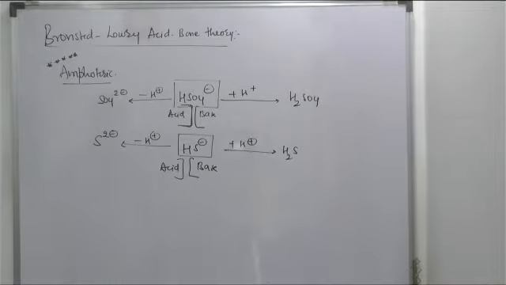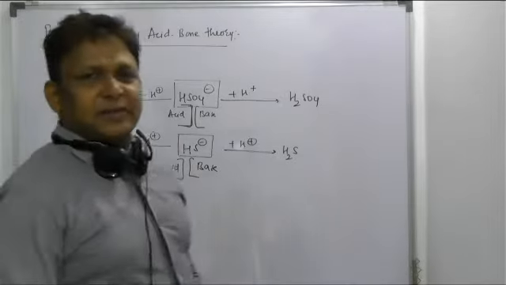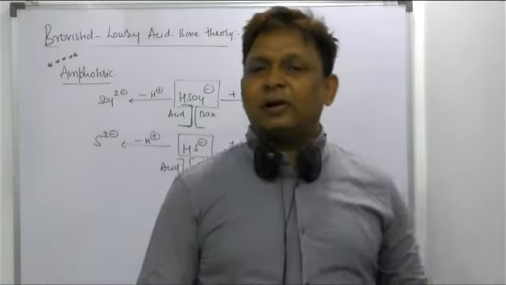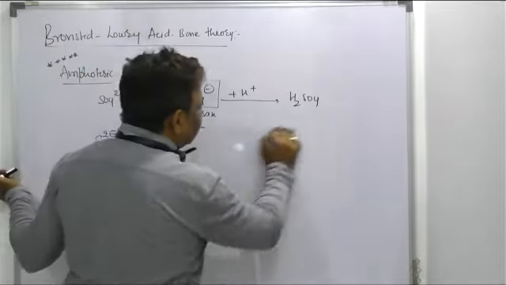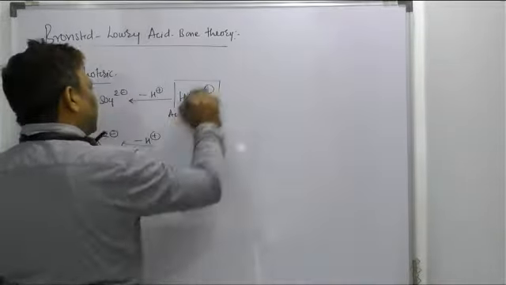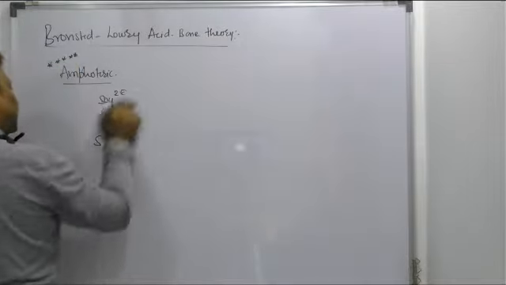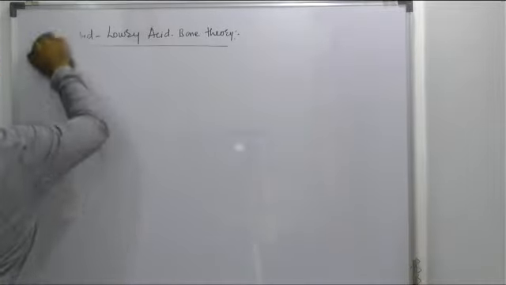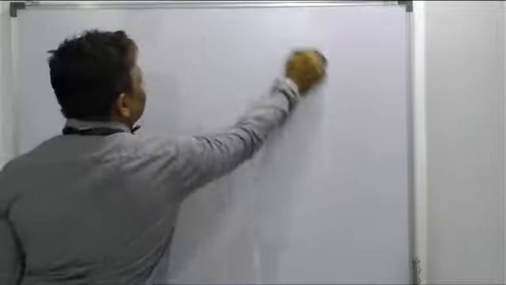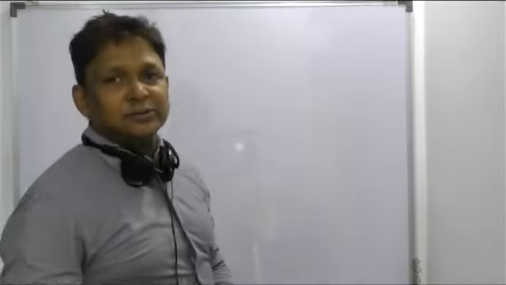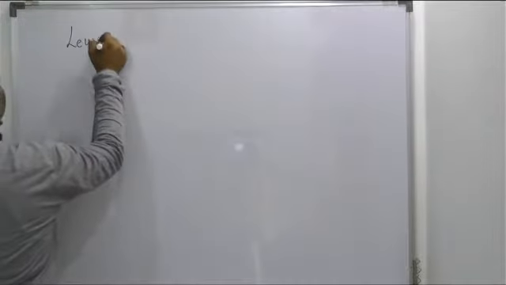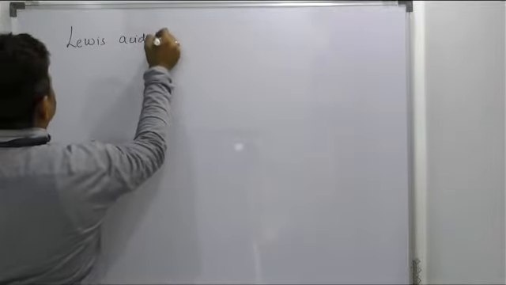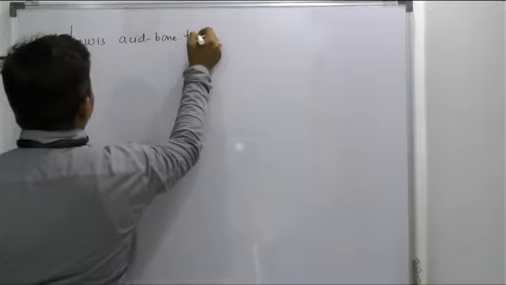So right beta, in Bronsted-Lowry acid-base theory, we have seen what is the acid, what are the bases, and what are the amphoteric examples. The next one is Arrhenius, Bronsted-Lowry. The third one is Lewis acid-base theory, the third acid-base theory given in our ionic equilibrium part. So now we'll see, according to Lewis, what is the acid and what are the bases.